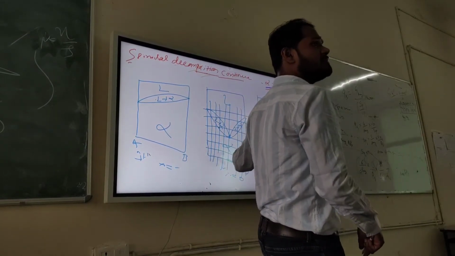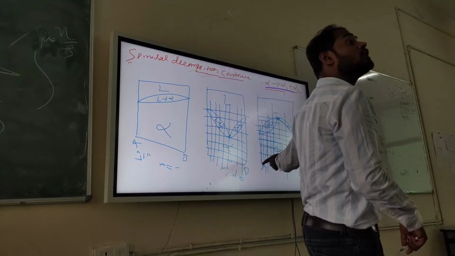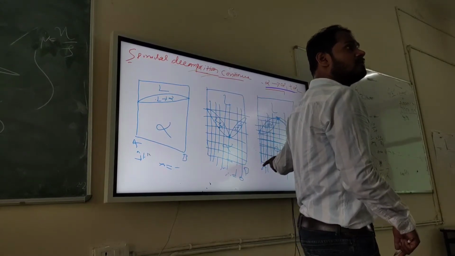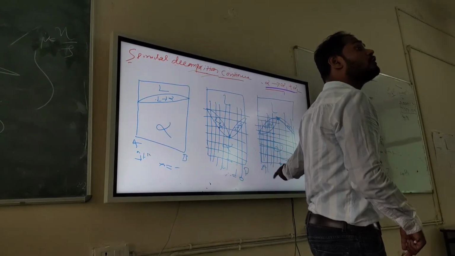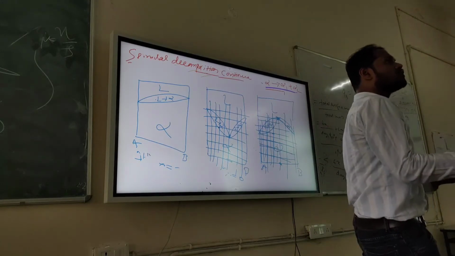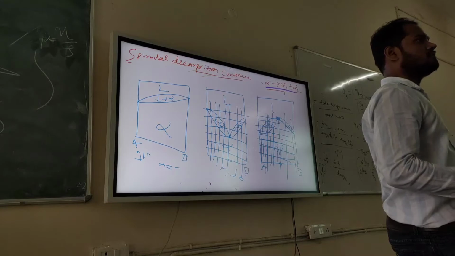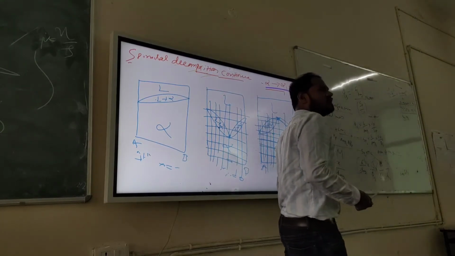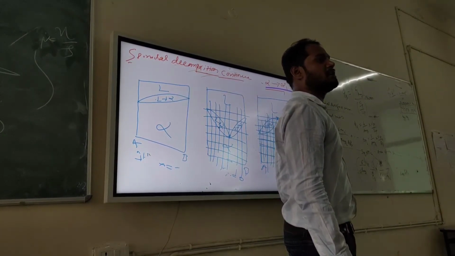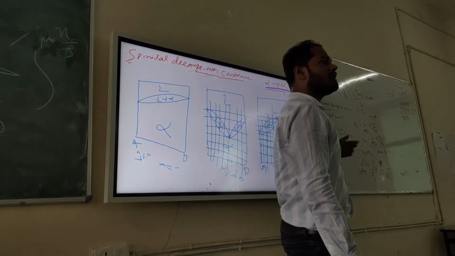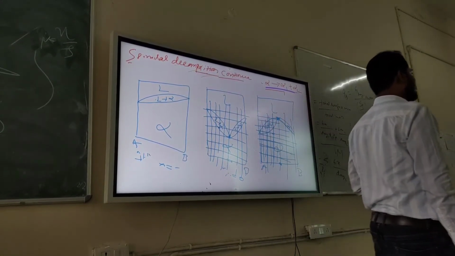This kind of phase diagram is called pseudo-eutectic. If you want, you can write it. This kind of phase diagram is called pseudo-eutectic. Pseudo means pseudo, imaginary, not the real situation, right? And this kind of phase diagram is called congruent melting point. So you can write it. Congruent melting point phase diagram.